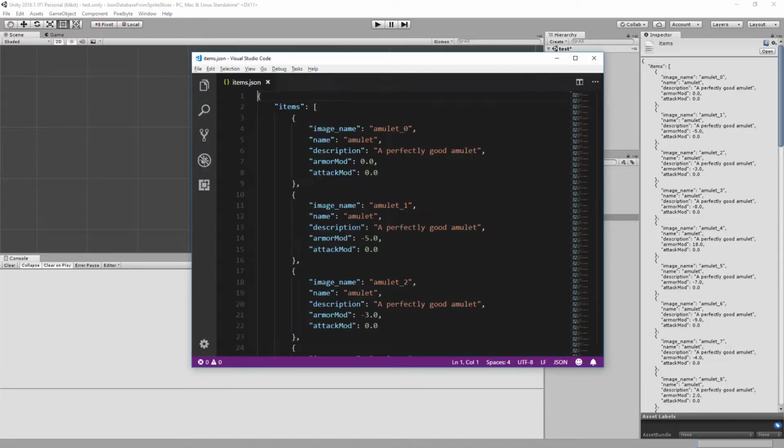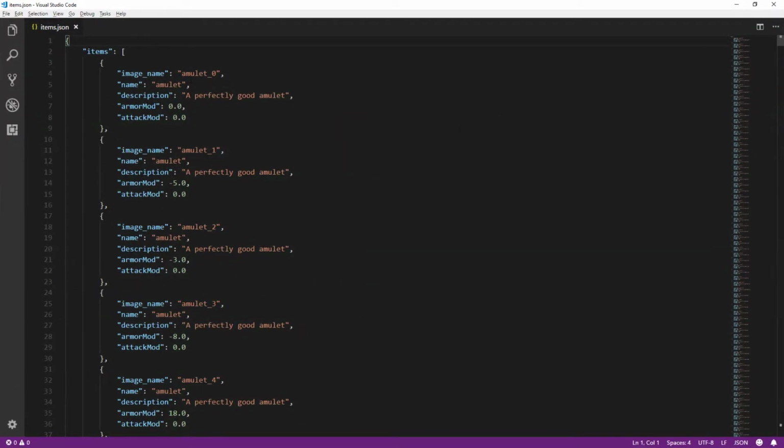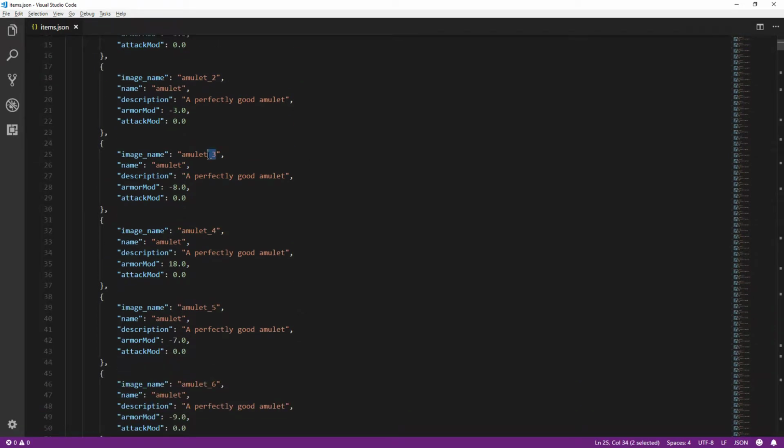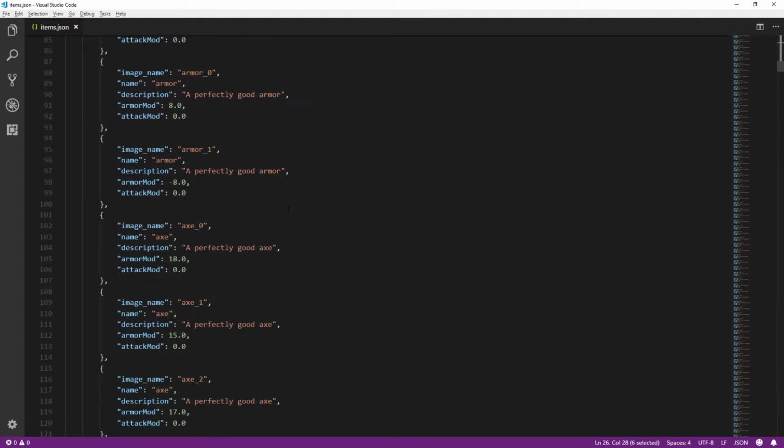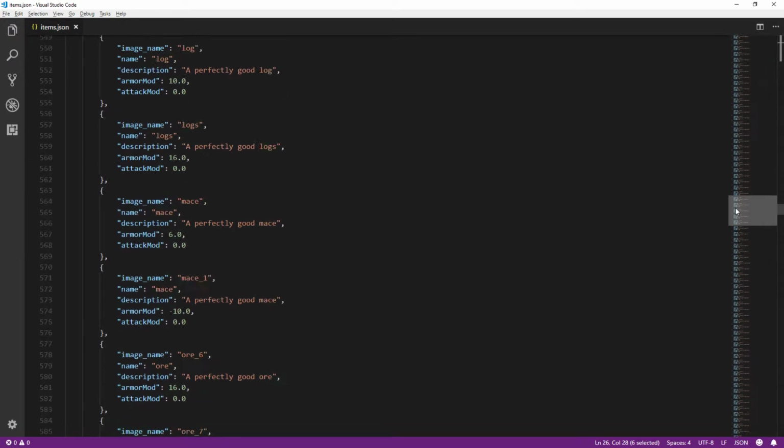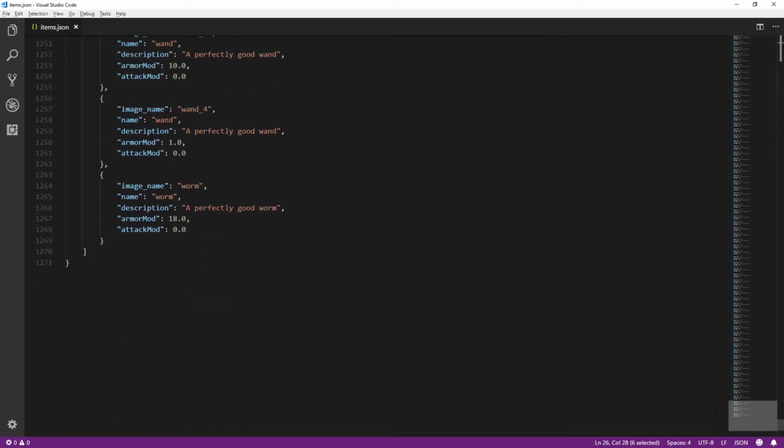I'm going to drag it over, and there are our items, and you can see that it's contained within this data class that we have, and then of course the items field. And here's all our stuff, and it looks like the image name worked, and then the splitting of that also worked. So there is a large chunk of the work done for us,